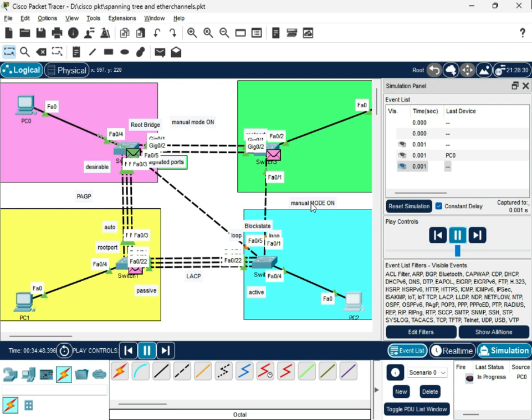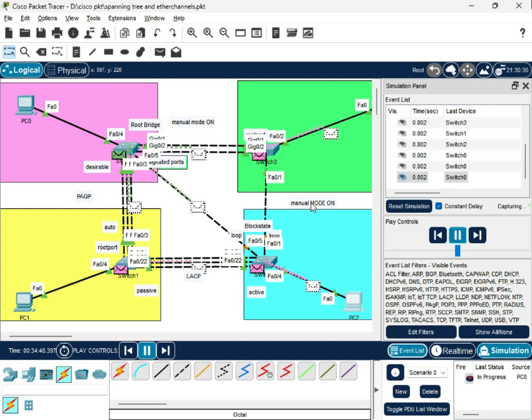As you can see, the frame or the packet leaves from PC0. It gets flooded to everyone. The reason it gets flooded to everyone is that it is the first time we are sending a packet from that device, and the switch itself, the root bridge, has no MAC address table entries or ARP cache for PC2. Okay,